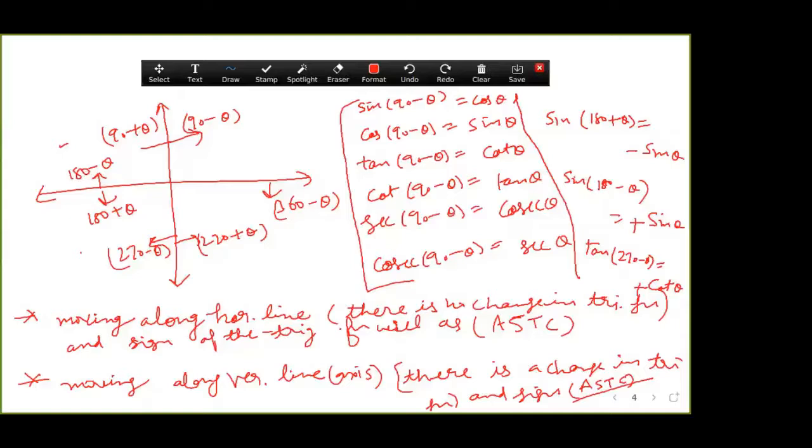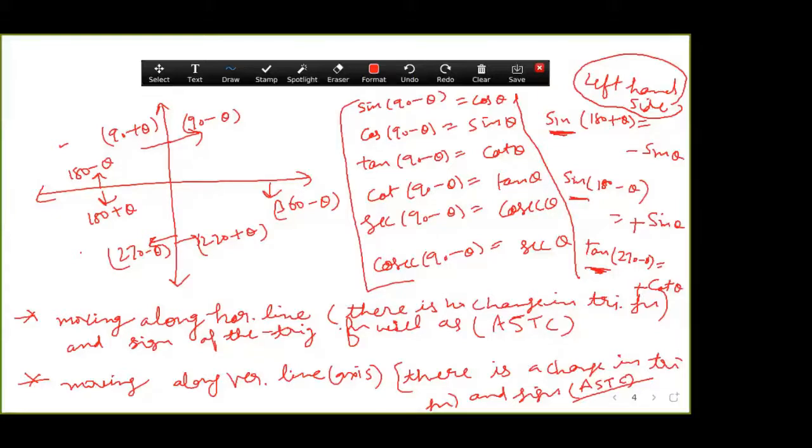And whether the sign is positive or negative: in the third quadrant tangent is positive, so positive sign. You have to see the sign according to the left hand side. The left hand side will tell you whether the trigonometric function is positive or negative. Here I have to see sine, here tangent. I have to look at the quadrant of 270 minus theta. Okay, these are the ways to convert the angles: 90 plus theta, 180 minus theta, 180 plus theta, and so on.